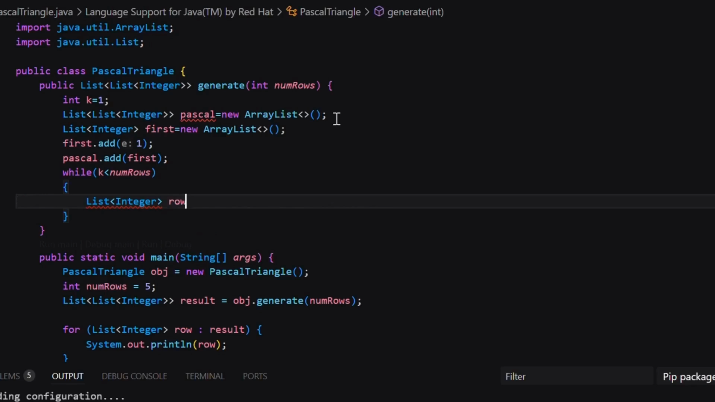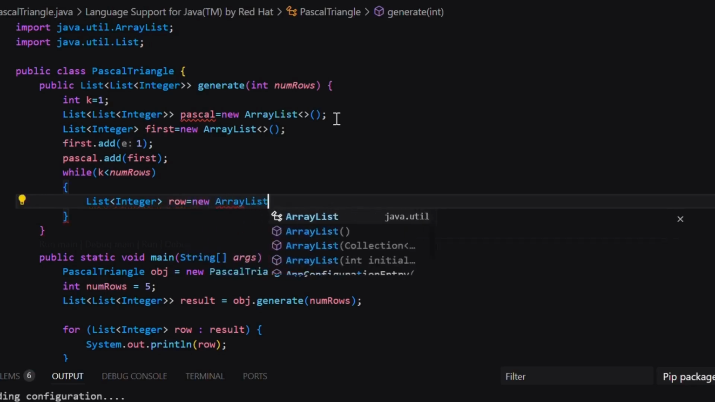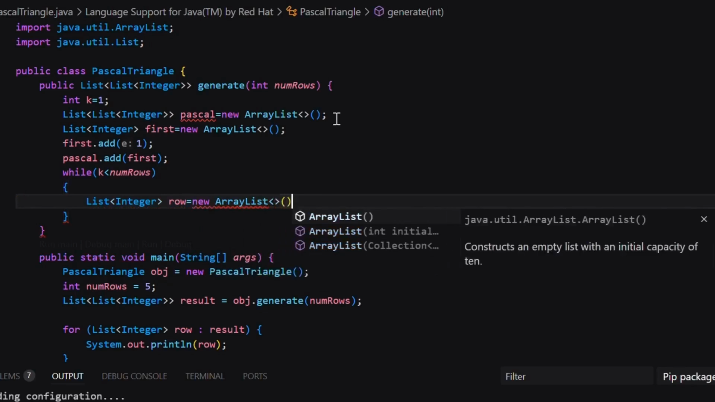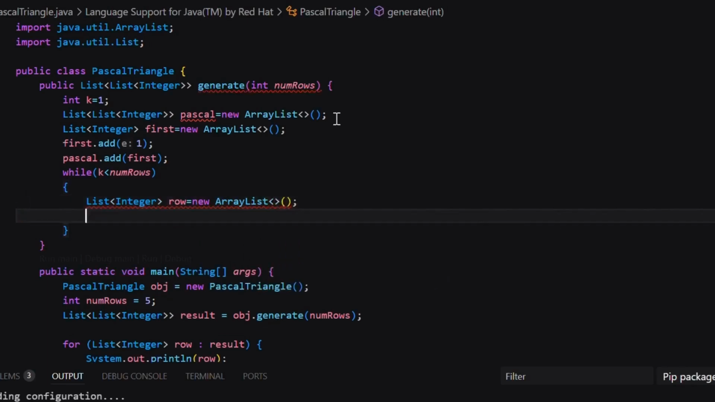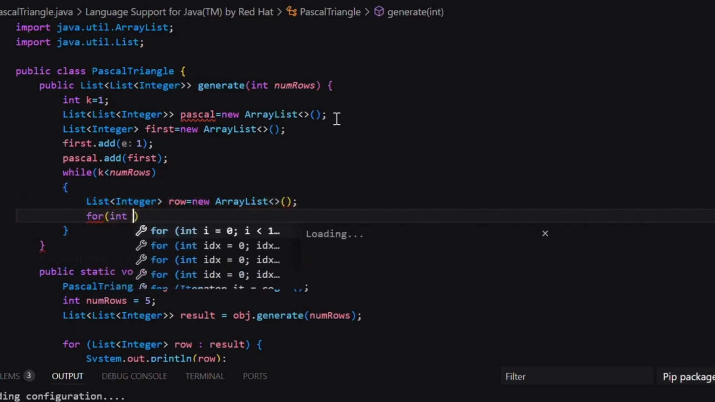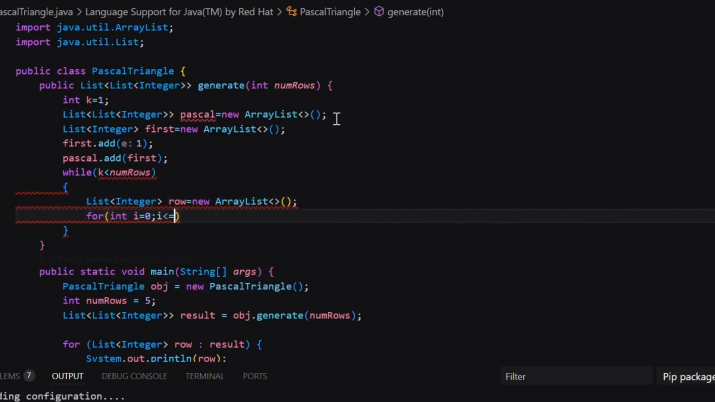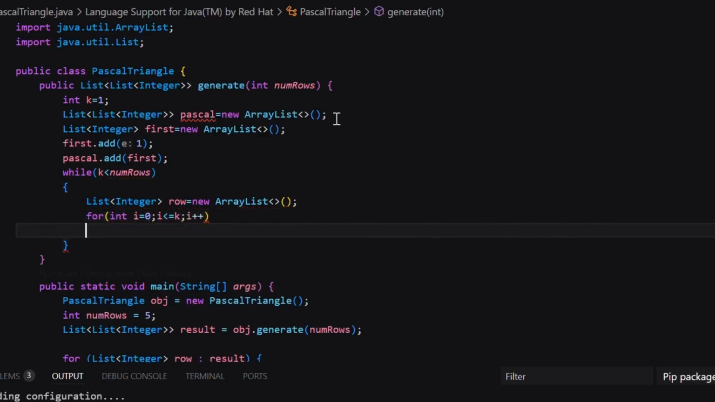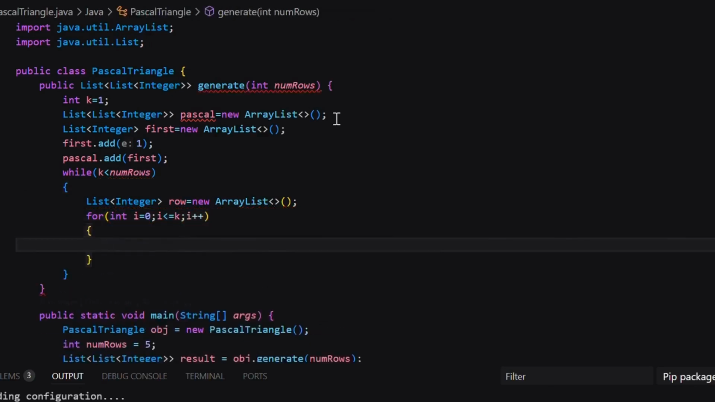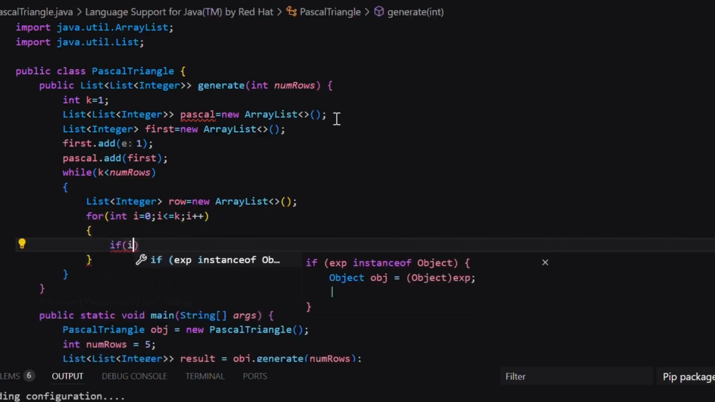A list is created called row to represent each row in the triangle. This list will be created inside the loop, as every time we want to initialize a blank array list to represent every row in the triangle. Running the loop,